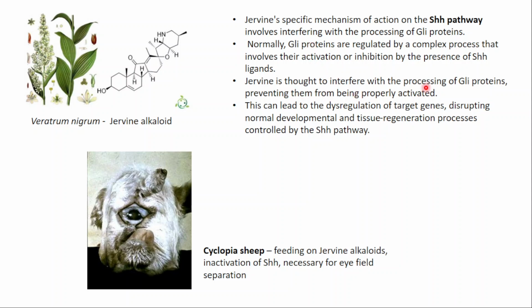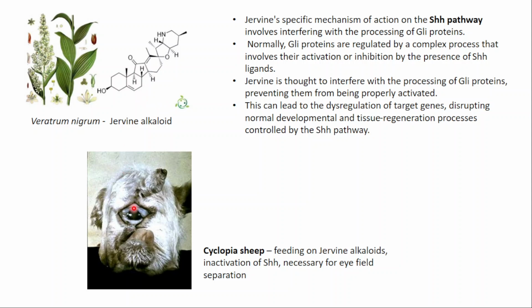Gervine is thought to interfere with the processing of Gli proteins, preventing them from properly being activated. And this can lead to dysregulation of target genes, disrupting normal development, tissue regeneration, and other processes which are controlled by the SHH pathway. So this is a naturally occurring alkaloid, and this is the example of a sheep suffering